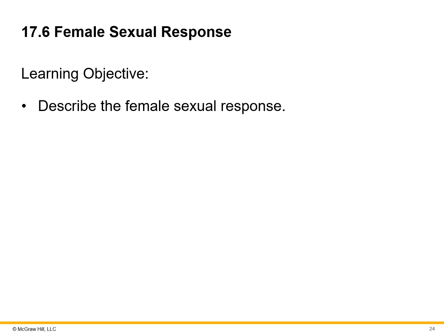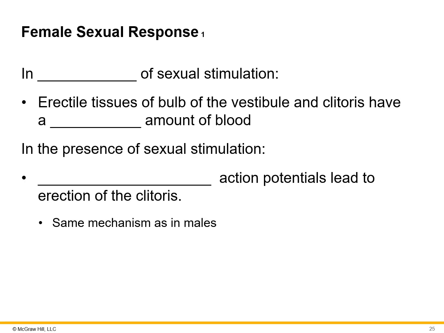Now moving on to the female sexual response, which is what this section will talk about. For females, in the absence of sexual stimulation, the erectile tissues of the bulb of the vestibule and clitoris are only going to have a small amount of blood. Overall, you'll notice this is very similar to the male sexual response, just obviously with different structures. In the presence of sexual stimulation, there will be parasympathetic action potentials that are going to lead to